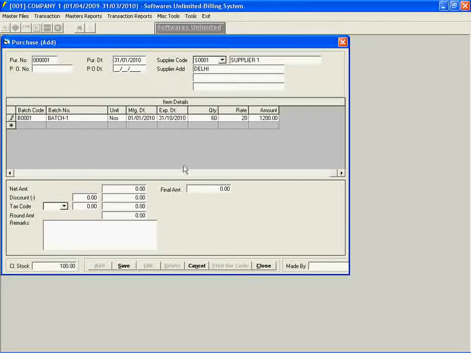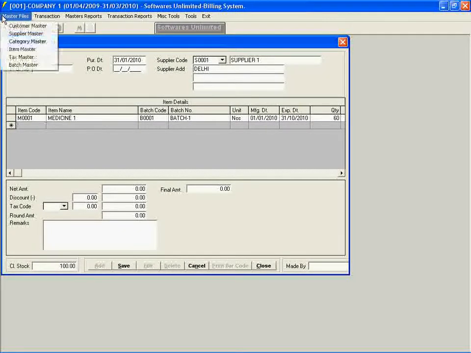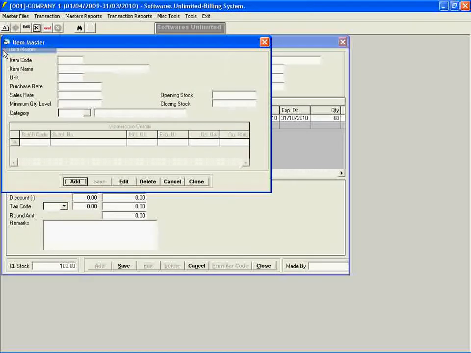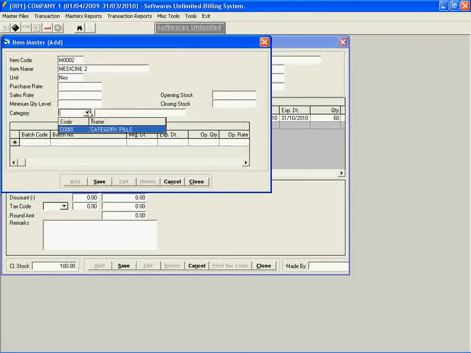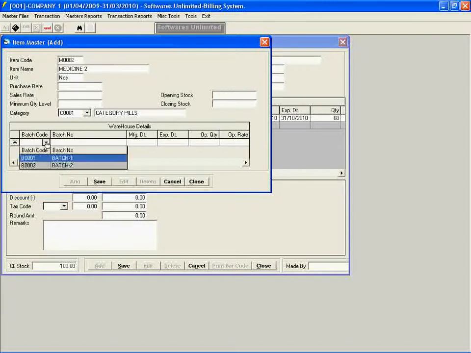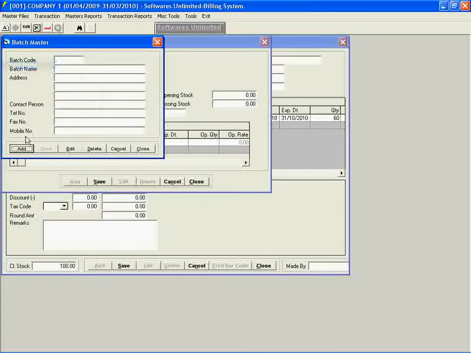Now I'm purchasing another medicine, so I go to master file, create another item, add medicine 2, category is also under pills, and batch code I'm opening another batch, add batch 3, save, close.